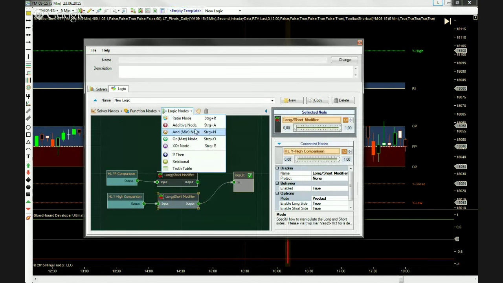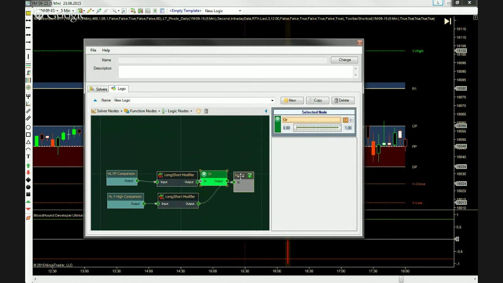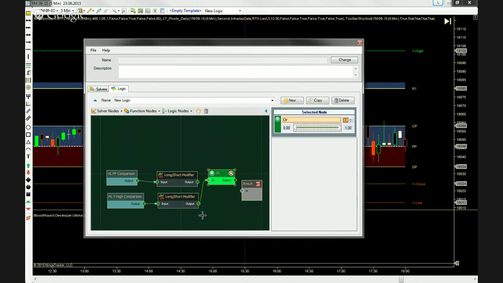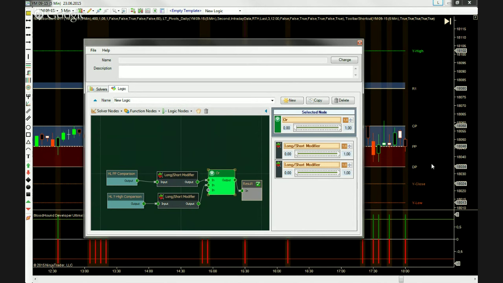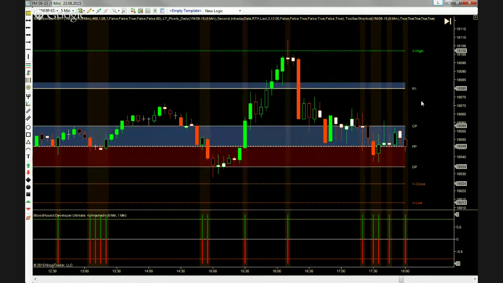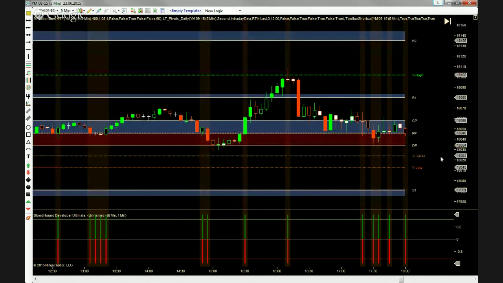In order to make this complete, we will add an OR node in here because we want to identify all of these price points, not just one at a time. So here we will add the pivots, and here we will add yesterday's high. And if I had more time, I would go on adding all of these resistance and support levels. But I think you understand the gist of it. I will add all of the resistance levels, the pivot point, yesterday's close, low, and high,